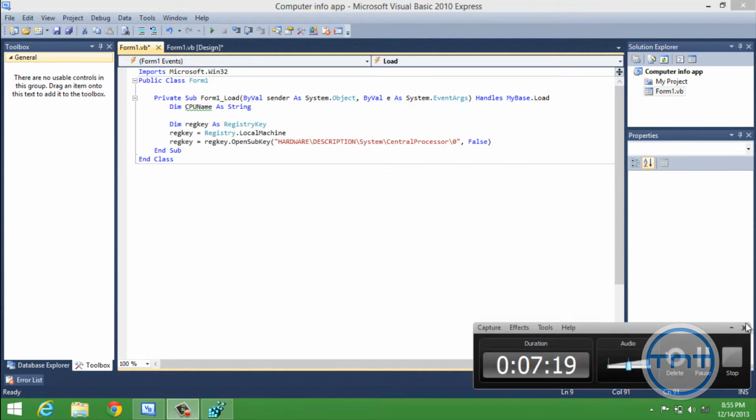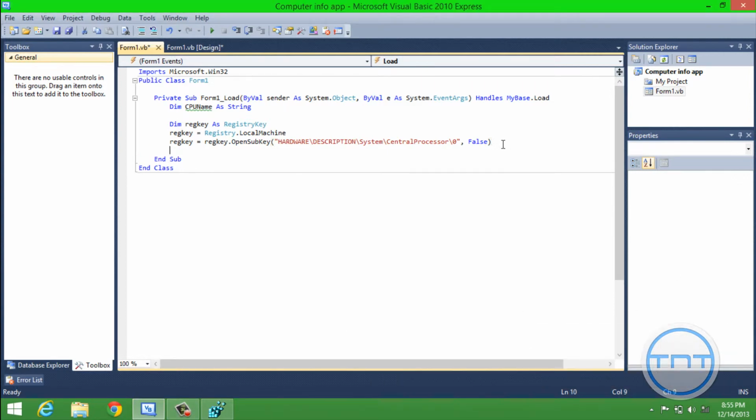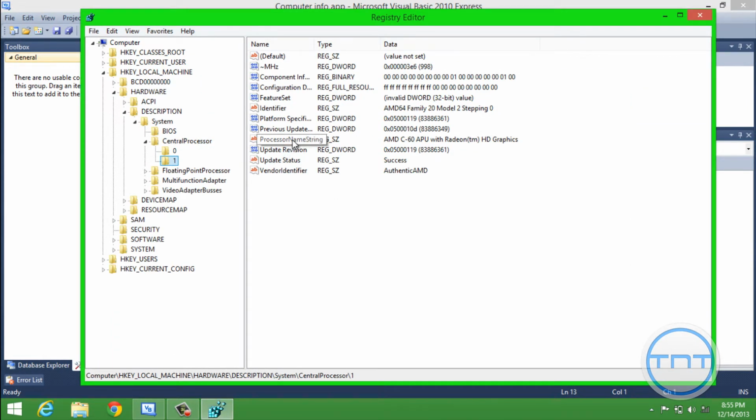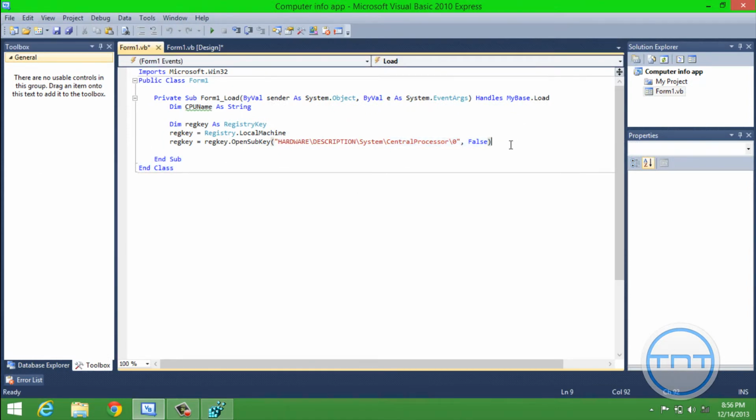Okay, so I'm going to try to finish this up. Basically, we opened up the stuff to grab our information. So first thing we're going to do is grab our processor name. Go into your registry and go into the hardware and make sure you have all these files, or make sure you have it spelt out properly as well. I'm just going to copy the name so that I can go in here and do